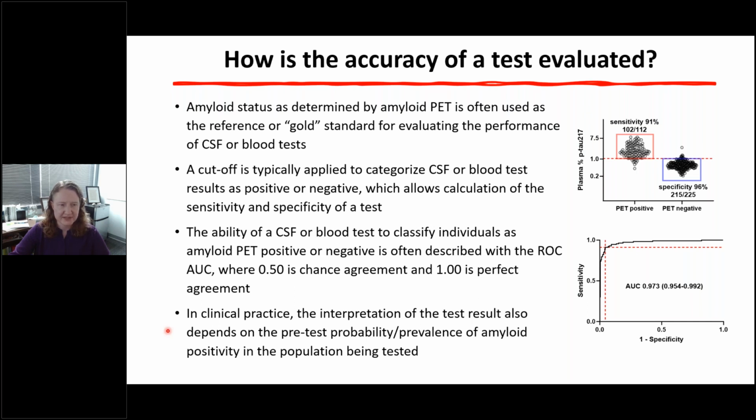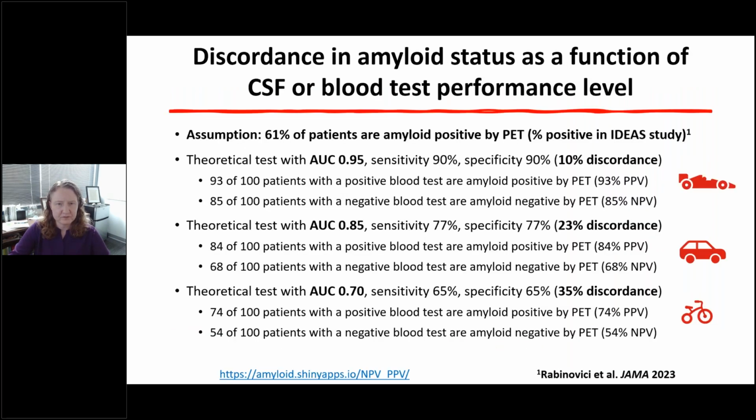In clinical practice, the interpretation of this test result also depends on the pre-test probability or prevalence of amyloid positivity in the population being tested. Key factors that influence that include the age of the person being tested and their symptoms. So let's assume that in our clinical population that 61% of our patients are amyloid positive by PET. And I picked that number because that's the percent of patients that were amyloid positive by PET in the IDEA